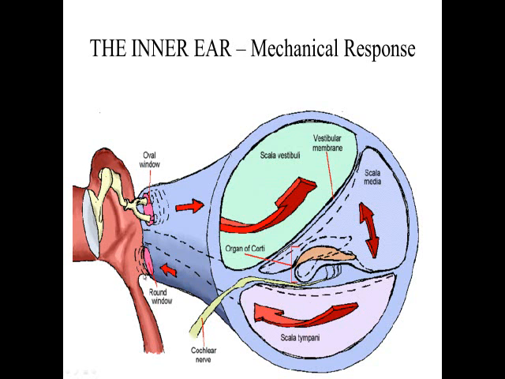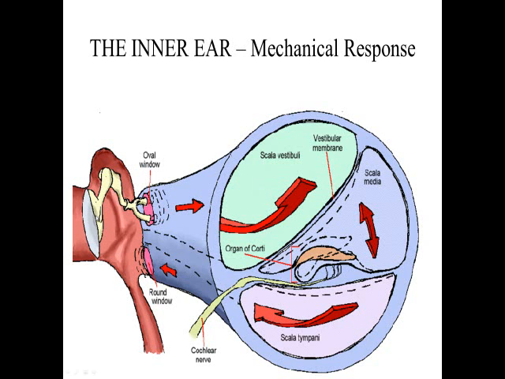So if you want to think about it in terms of pressure applied and pressure relieved from this encased in bone organ, you'd recognize that when the oval window gets pushed in, the round window gets pushed out. Now the oval window is going to get pushed in only during those phases of the waveform. You've got to think back to the first couple lectures, where the eardrum is getting pushed in,